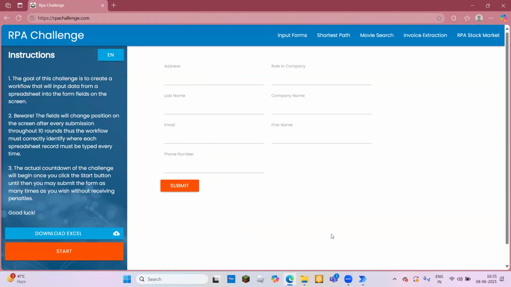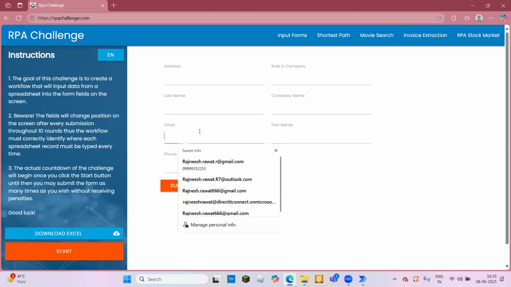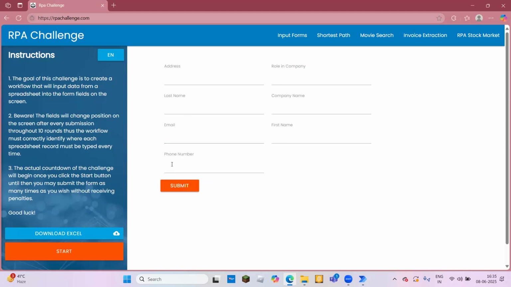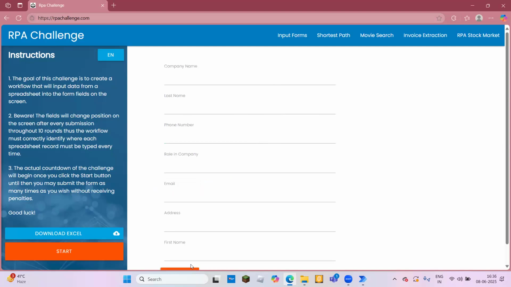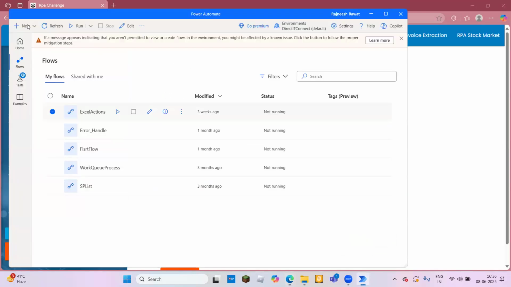Pawan, you are getting the issue on this one. What you need to do, Pawan, the catch here is whenever I click on submit, it will change the position of the element. Each time it will change. And if I go and capture,